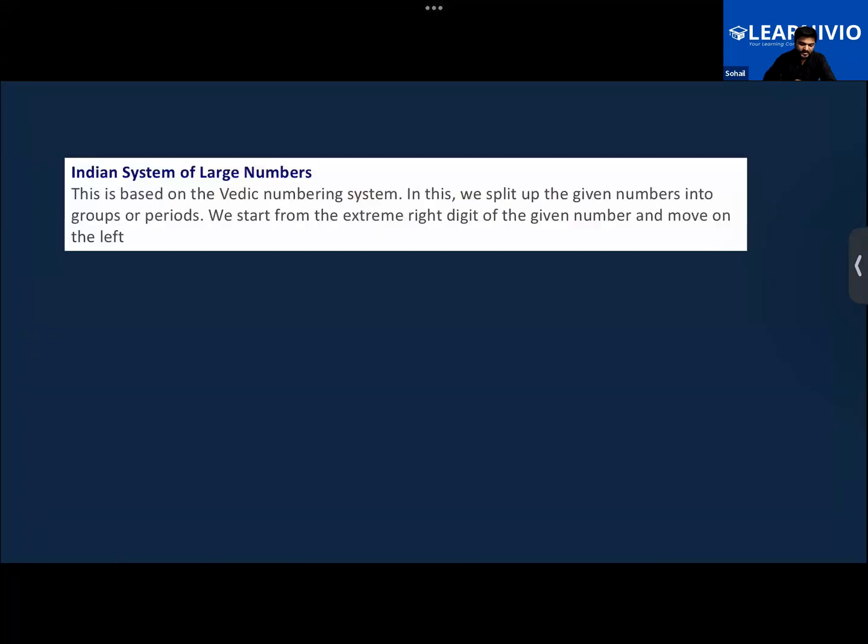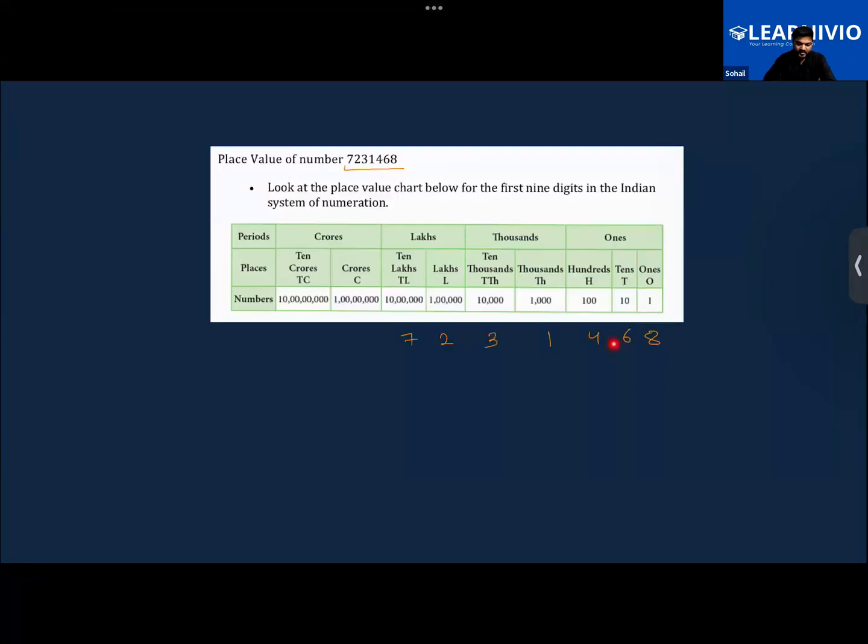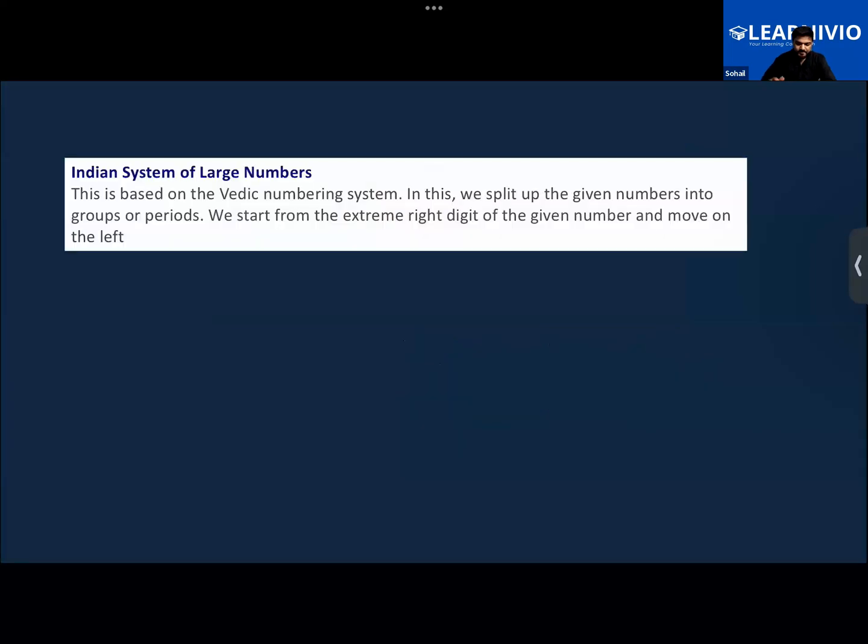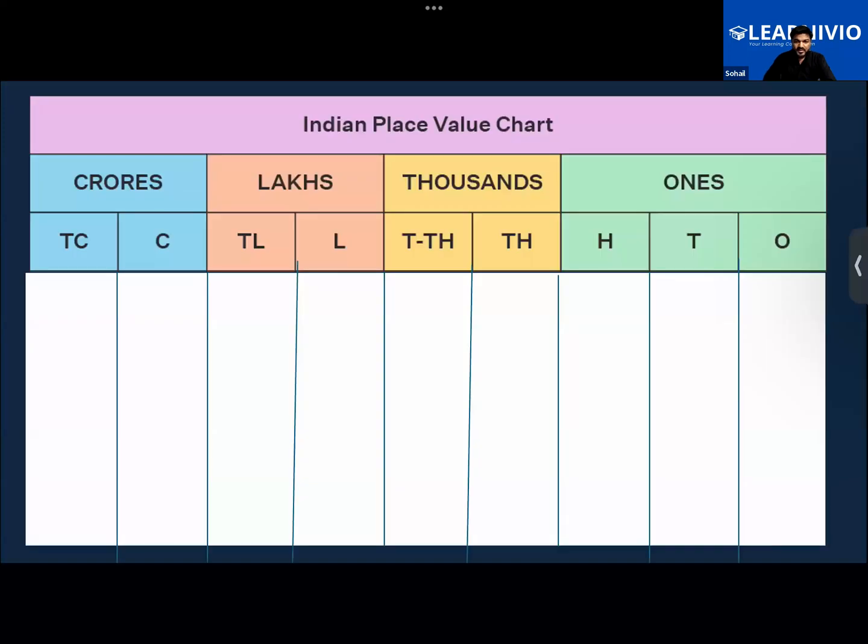Like for example, this number, what is the extreme right of this number? Is it 7 or is it 8? The end of this number starts from 8 now. Like this is the right side of the number and this is the left. So we start to read the number from the right side. Getting it, guys? I believe we discussed the general things about this in the previous class.